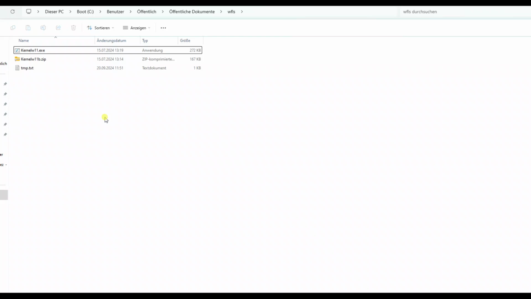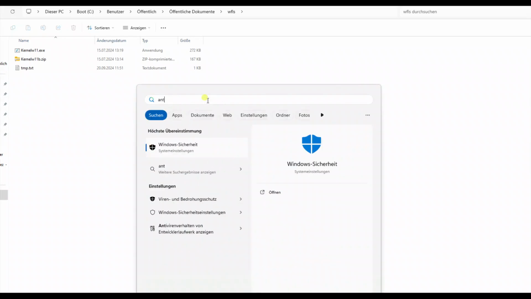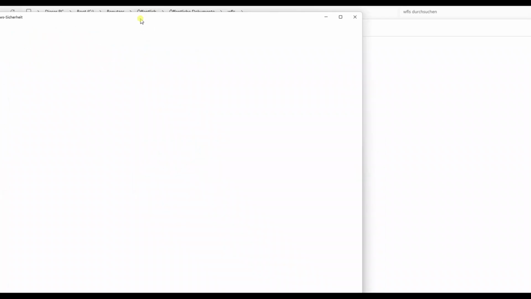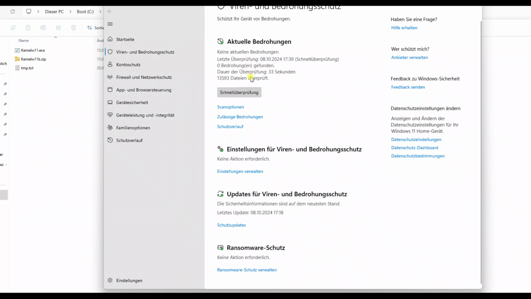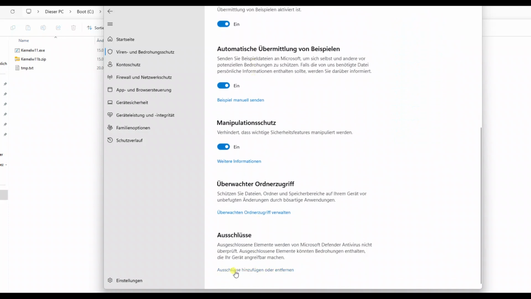I will show you how to do it with the Windows Defender antivirus program. If you have another antivirus program, Kaspersky or Antivir, write us an email on wolfeye.de and we will give you the instructions. Here I show it: you go to the settings and type anti, and go to antivirus and protections. There you scroll down to settings. Then you scroll down to